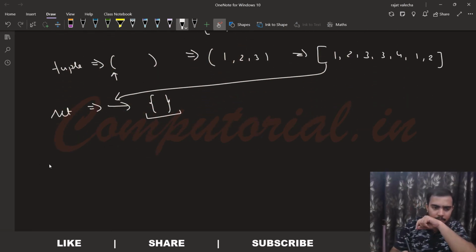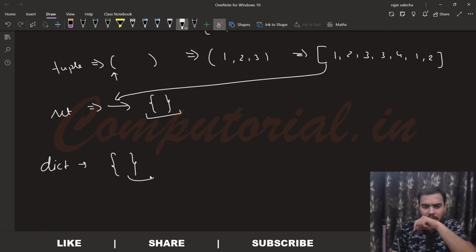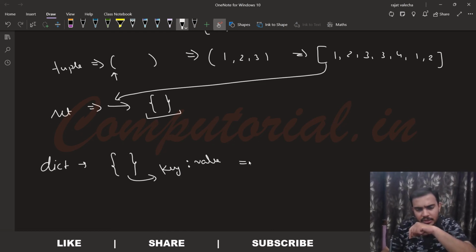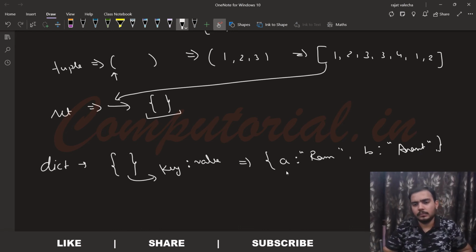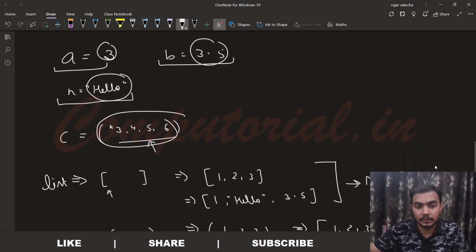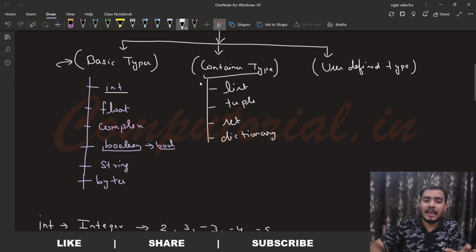At last we have dictionary type. Dictionary type, we use the same brackets, but in these we have a pair of values. We have a key and then we have a value. So these dictionaries are written like this. Let's assume I have a key A and the value is, let's say, Ram. The second key was B and let's suppose the value was Anant, and so on. Okay, let's assume we have one more value C with the value Vashisht or anything else. Okay, so this can be stored in a dictionary format. So these are the 4 container types that we have in Python. Okay, and for each of these category we will have a separate video in the coming sessions, so you have